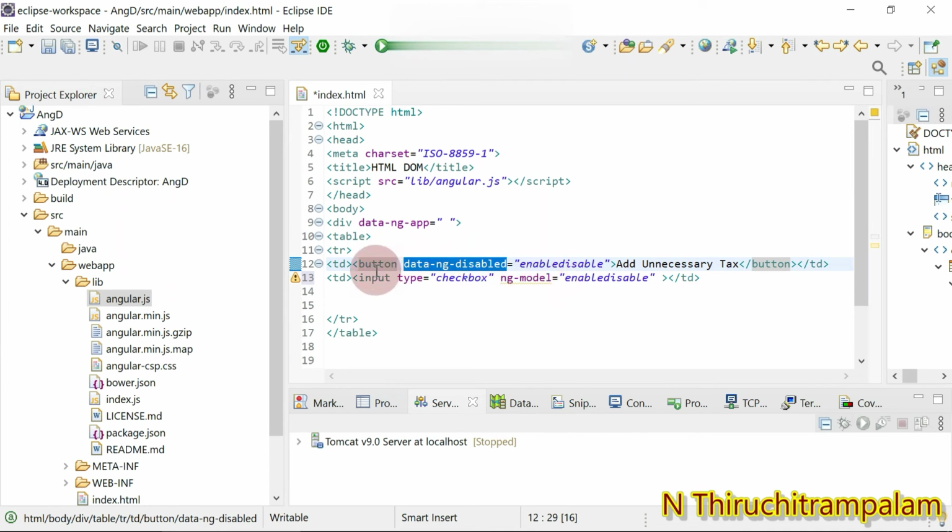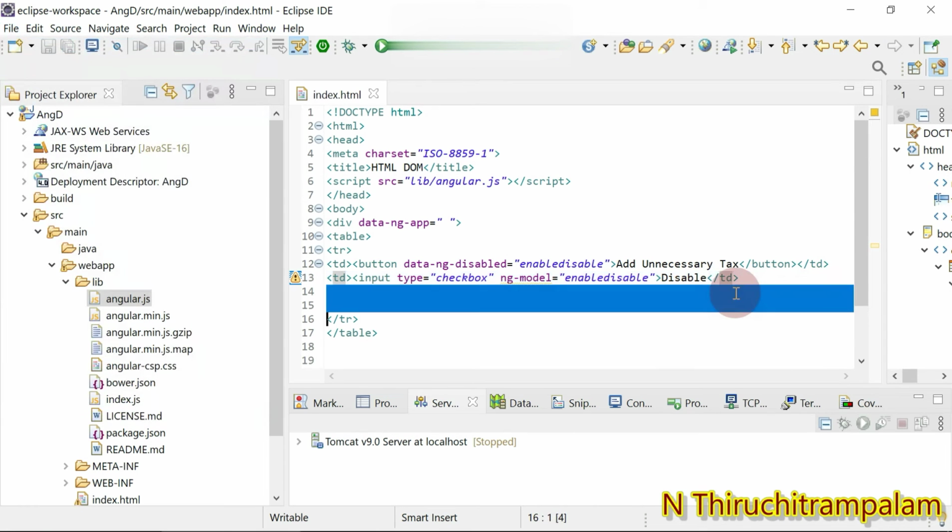So this button ng-disabled is bound to the HTML element input checkbox using ng-model. I believe you got it. And here I'm going to give the text disable. That's it.